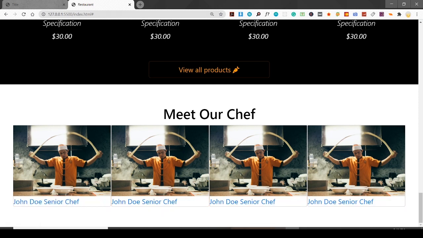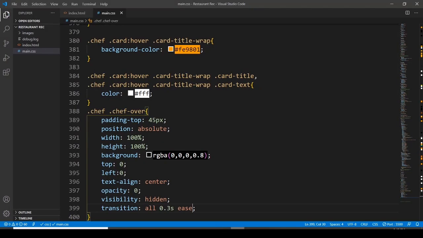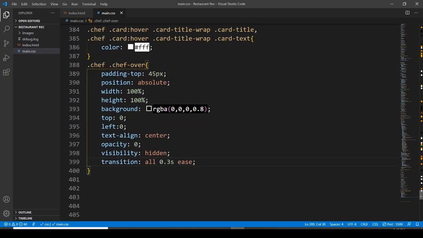So it's going to be better, but there is a problem here somewhere in my markup. I will check that later, but first let's fix this. Let's be done with this one, and then we'll go back. Now we have to go with the chef